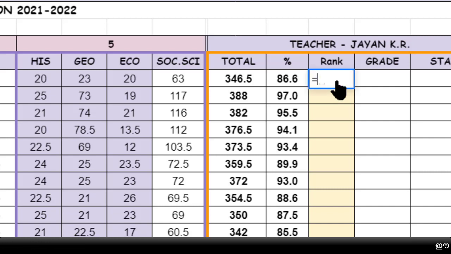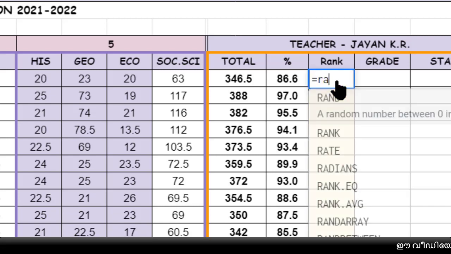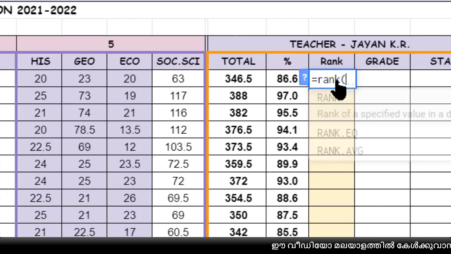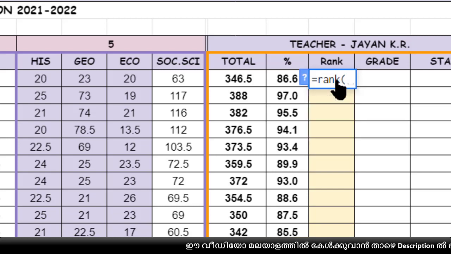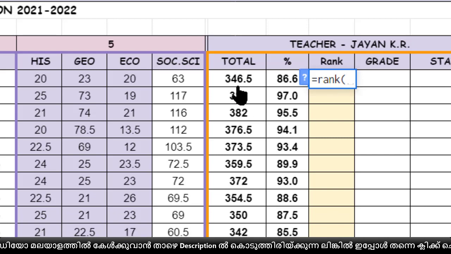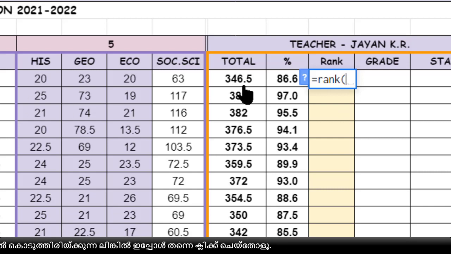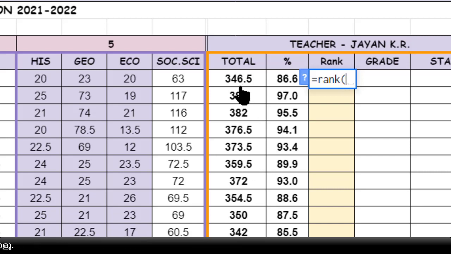There is a formula in Google Sheets named RANK itself. See, I typed RANK, open the brackets. In this bracket, which mark's rank do you need? The first boy got 346.5. We need the rank of this mark among all these marks. So first you select that mark.